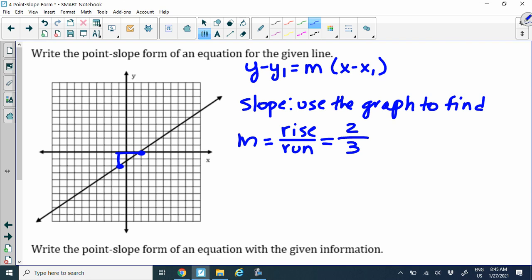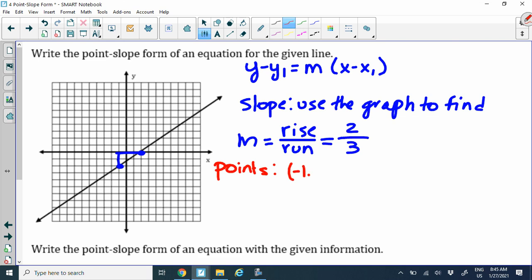So my slope is going to be 2/3 here, okay? Remember, up and right are positive, down and left are negative. Now our last thing is to use one of the points that was on our graph. So the points that we have